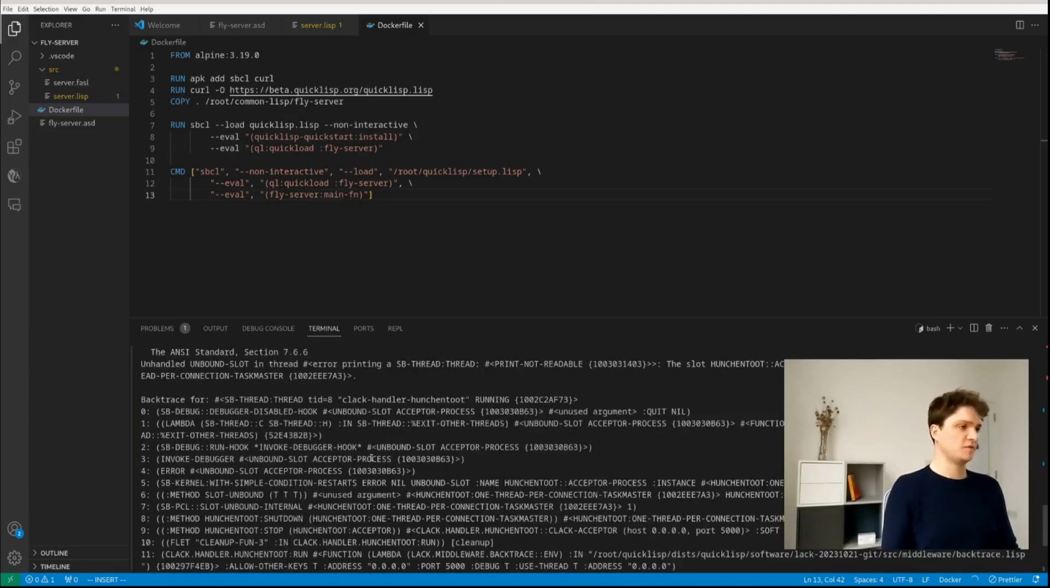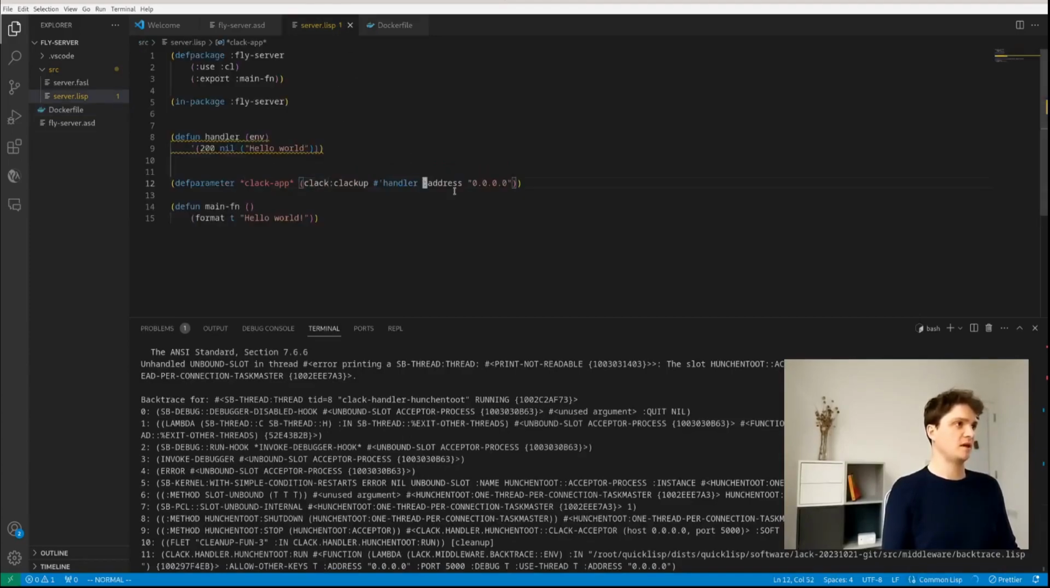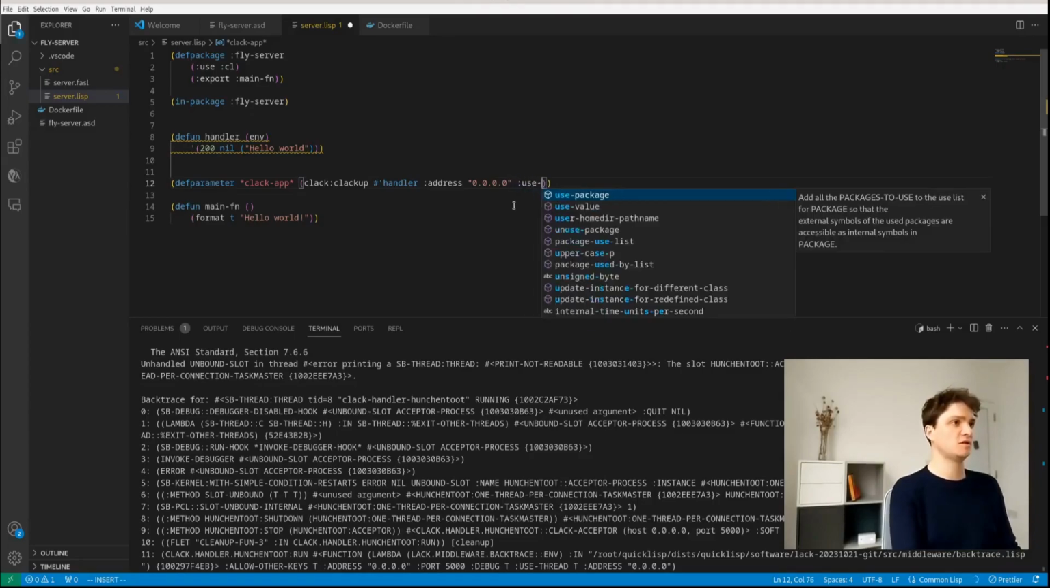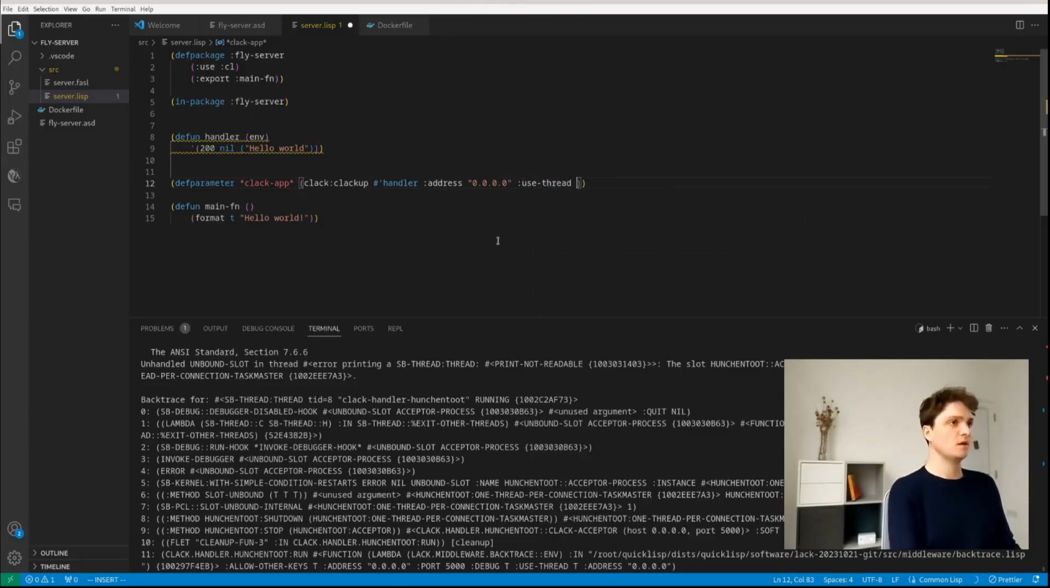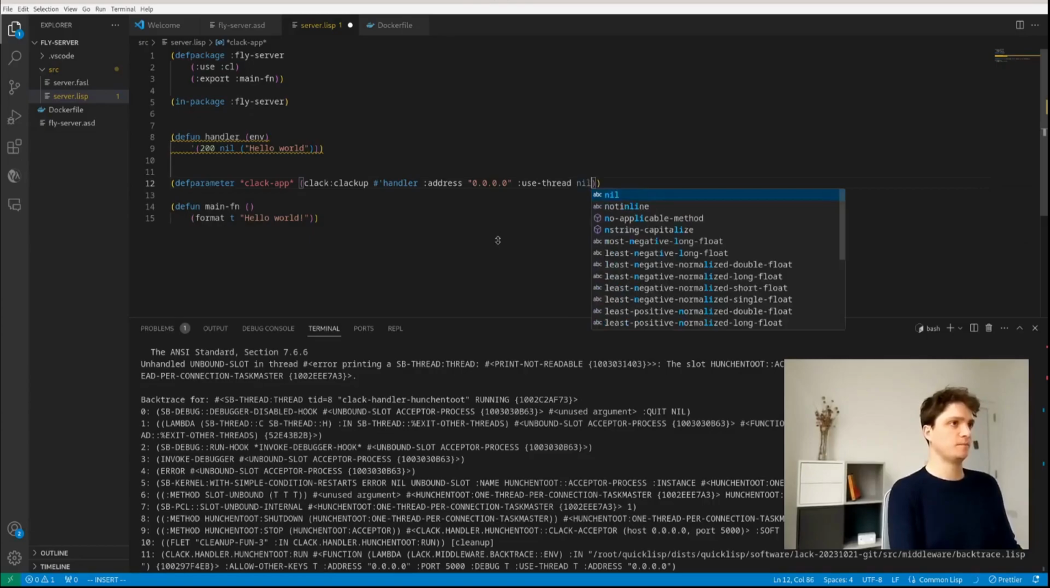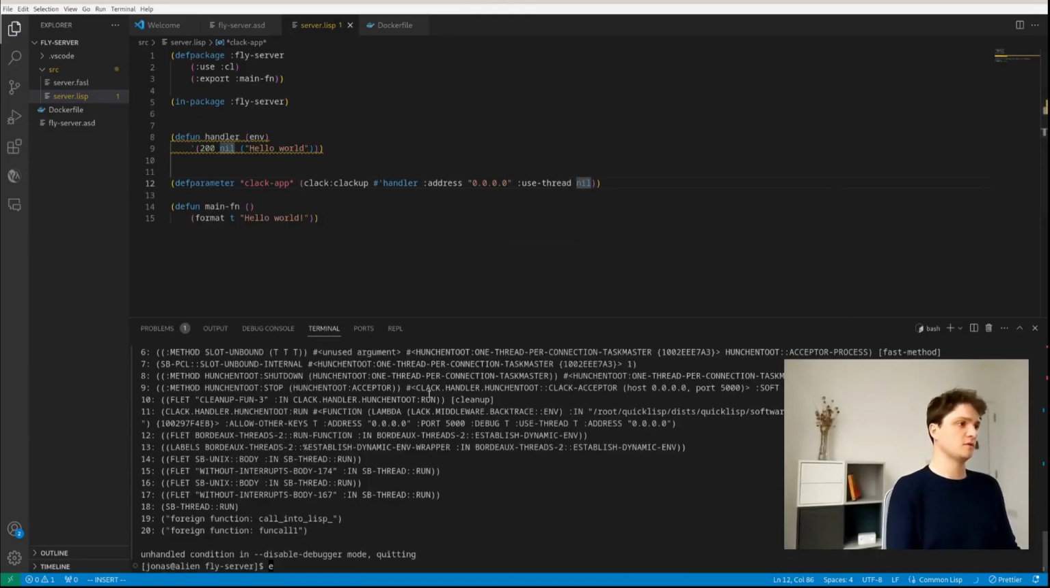Right, so we just ran into an error here, and that's kind of expected because what's currently happening is, if we just run clack and clack up, it will spawn up a new thread. The problem is that new thread will mean that the prompt will not be blocking. So what we need to do here is add a use-thread property and set that to nil. So if we now rebuild our image,